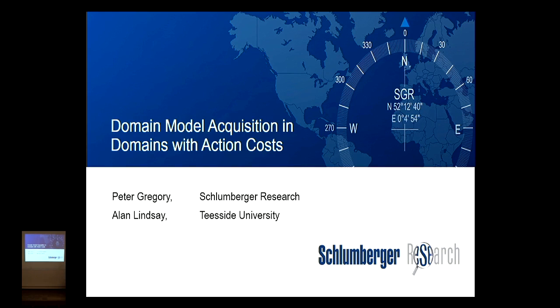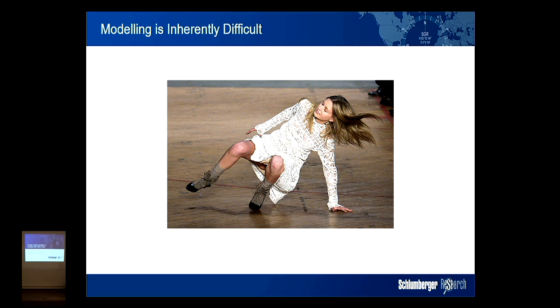So the paper is about domain model acquisition, and there's been quite a bit of activity in this area at ICAPS, but I'll try and motivate some of the area to get people excited in the general field and say why we're looking at these problems in the longer term. Okay, so domain model acquisition is all about modeling, and so we can see from a simple observation why we would need some of this technology.